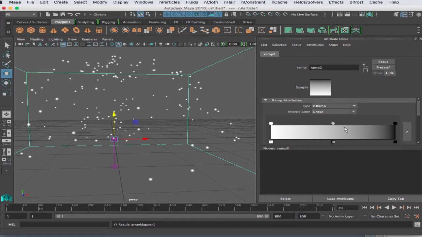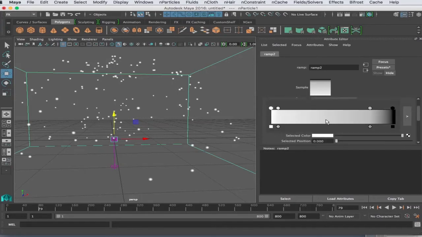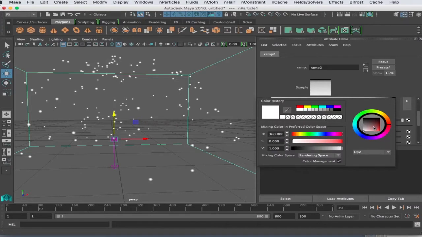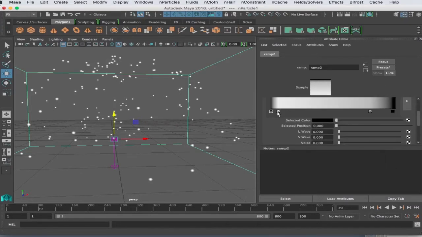All right. Now for opacity, anything that's white is opaque, and anything that is black is completely transparent. So if this is mapped to the lifespan, when it is born it's going to be all the way there, and when it dies it's going to fade to nothing toward the end. What I'd like to do is click in here. I want it to fade in as well. So I want to click this, and by clicking this I can scroll up and click here, and I'm going to let it start out